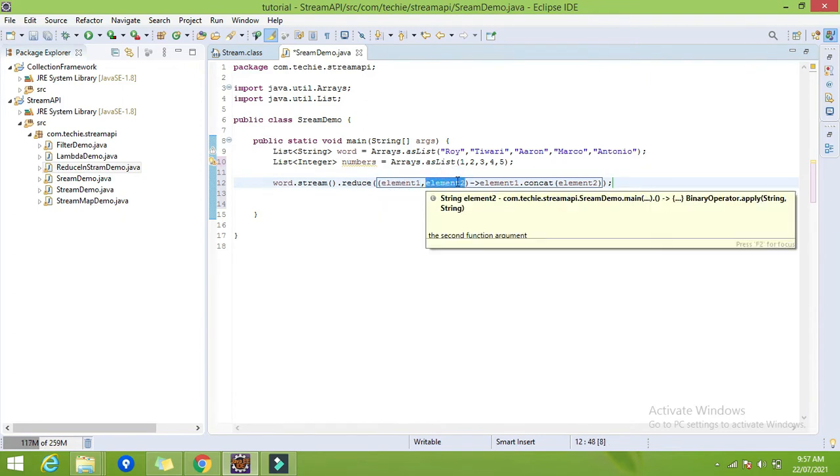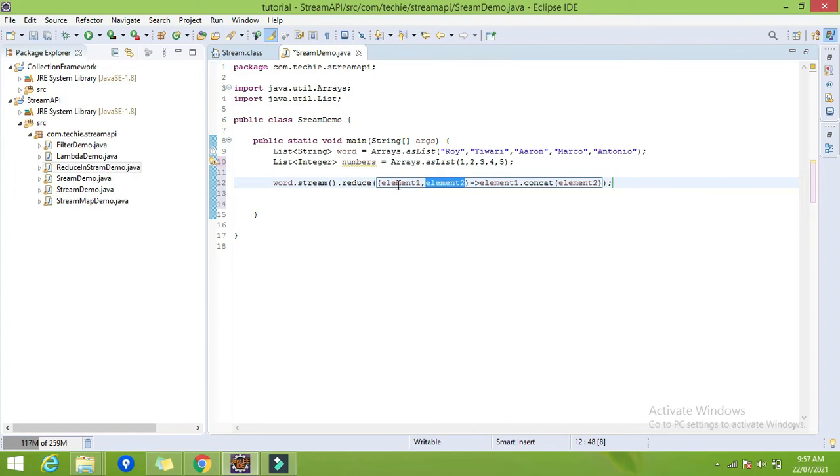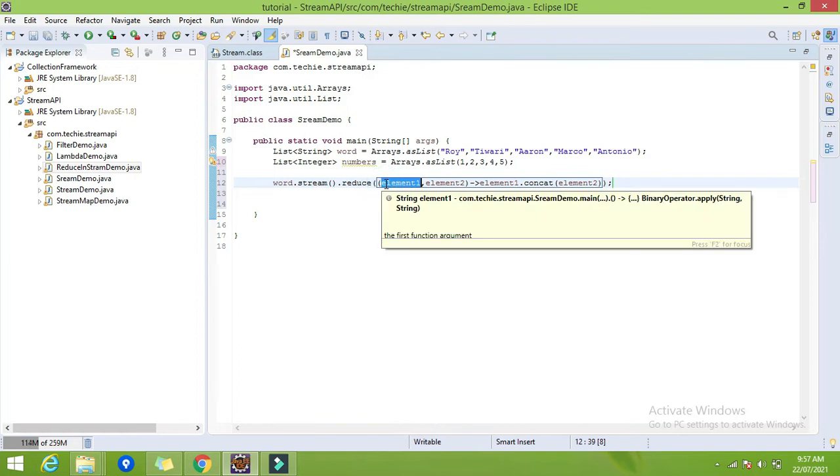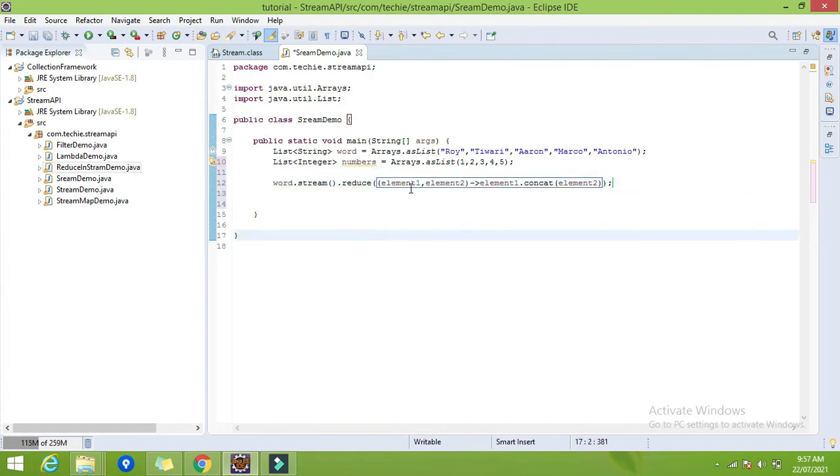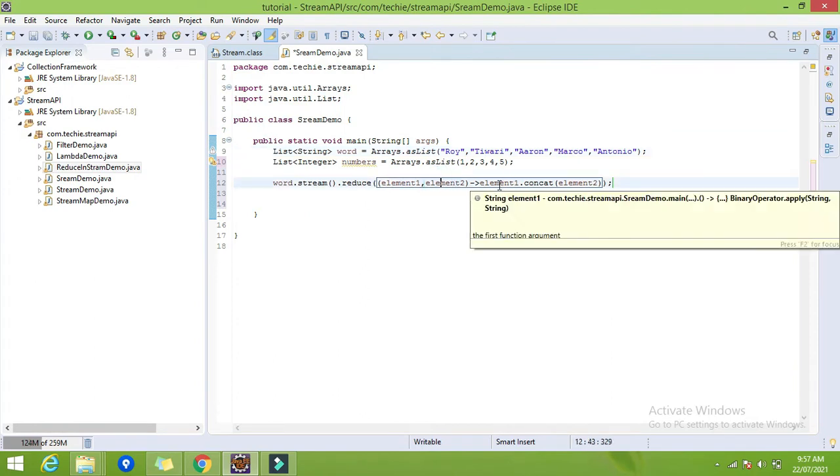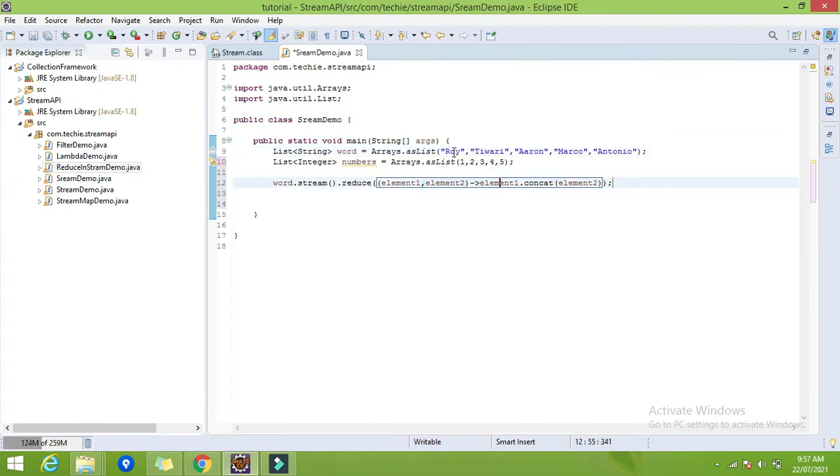Now how it works: basically, first it will accumulate the result of this operator into the first argument. Consider the first one is Roy, this will be element1. The second one is Tiwari, so it will be element2. Now element1, Roy, dot concat Tiwari.